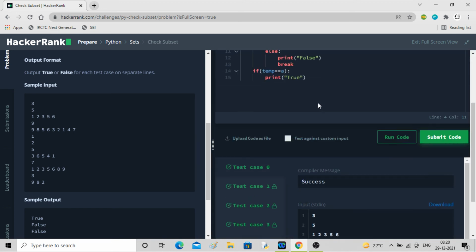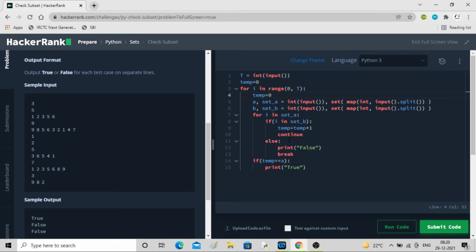Here you can see that the way I have implemented it, maybe you might find it very confusing or difficult. Maybe if you have some better technique, then go for it. That is great, it means you are using your own brain. Every time it is taking the input, checking one by one all the elements, and keeping track via the temp variable. Once the temp variable is equal to the total length, it means the program has found all the elements of set A in set B, and you can declare true.